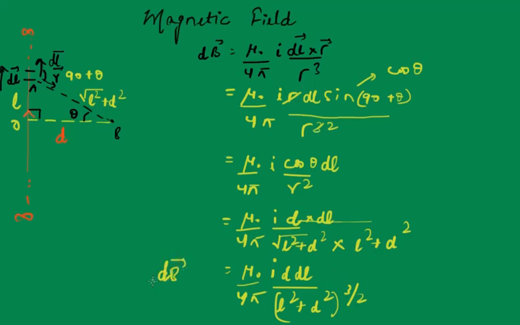Now we want to find the magnitude of the magnetic field due to the entire wire. Okay, so we'll proceed there. But before that, one thing which is important to understand is the direction of the magnetic field at this point B. I think this is very important. The direction of the magnetic field is given by the cross product dl vector cross r vector.